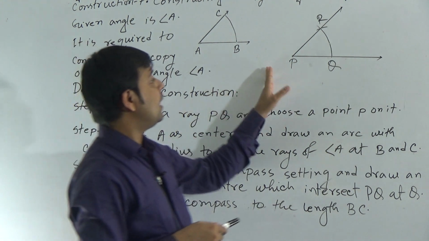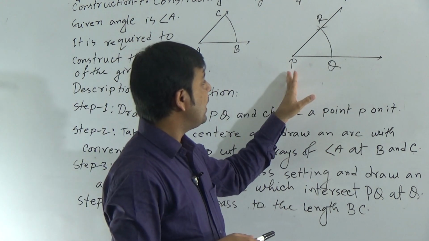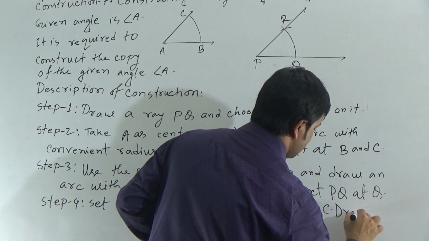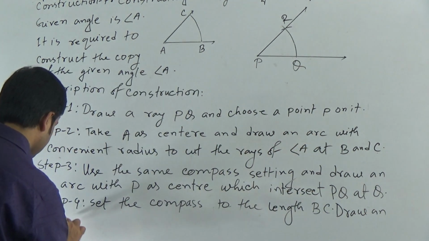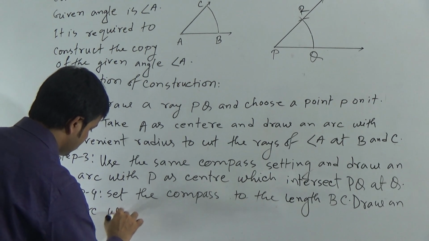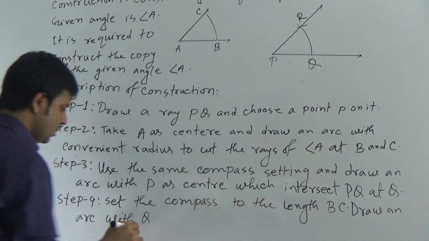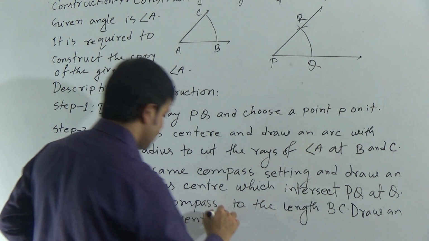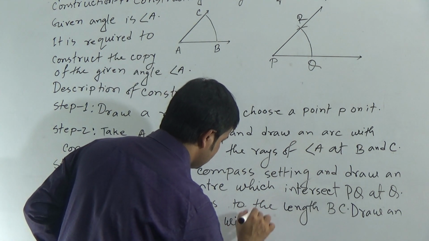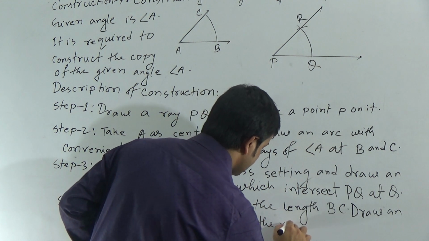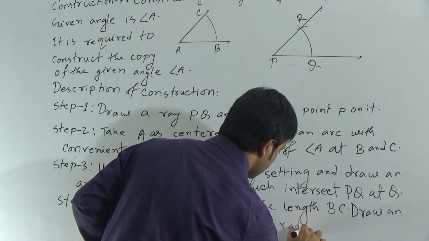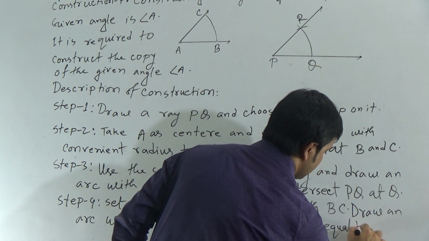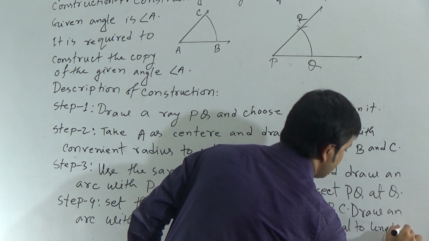Then draw an arc taking the same length. Draw an arc with Q as center with the radius equal to length BC,